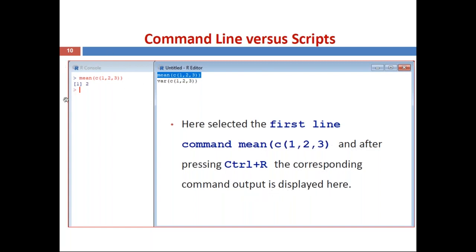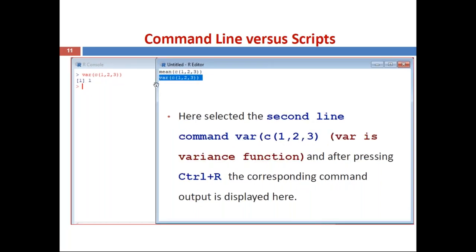In the left side window, under the R console, you can see mean of c(1, 2, 3). So the mean result is 2. Similarly, if you select the second command, variance of c(1, 2, 3), then after highlighting or selecting, you can press Ctrl plus R, then the corresponding command output is displayed here. See, the variance of 1, 2, 3 is 1.